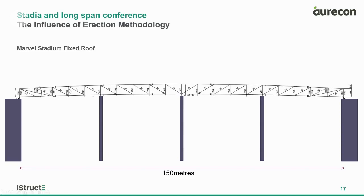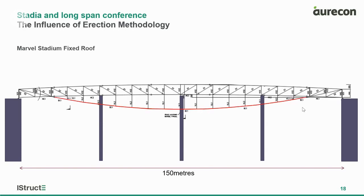And the engineers amongst the audience will understand the bending moment diagram that would be associated with a four-span continuous member like that. But of course, the next step is that you've got to put that bottom chord in, and when you are loading up that top chord member with the secondary structure, and then putting in that bowstring tension structure, you have a series of tension and compression stresses that you need to understand how they're going to either be locked into the structure or get out of the